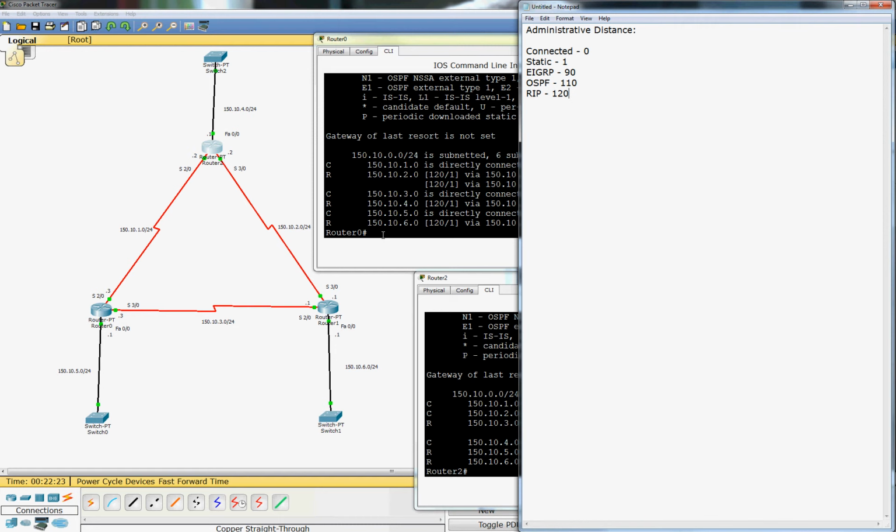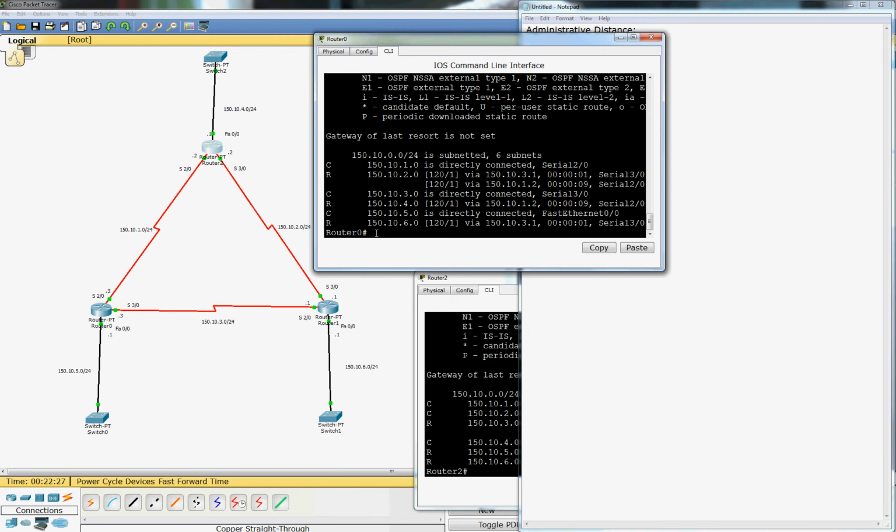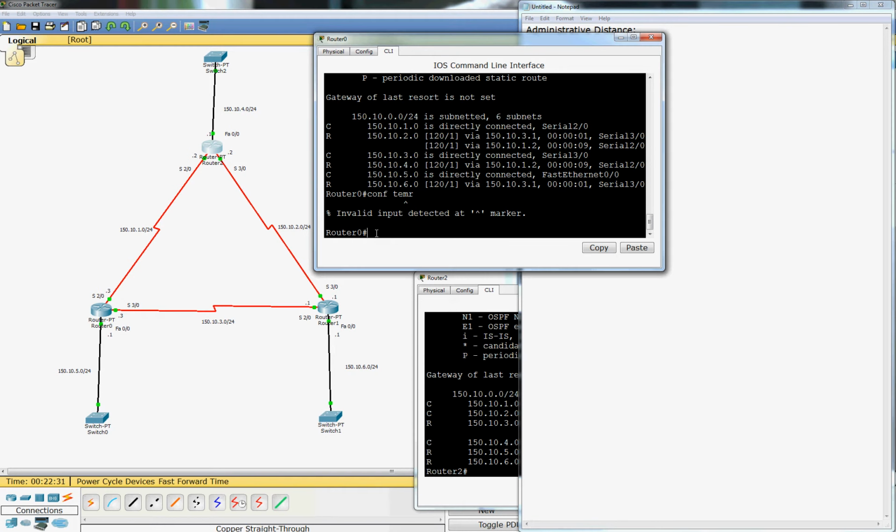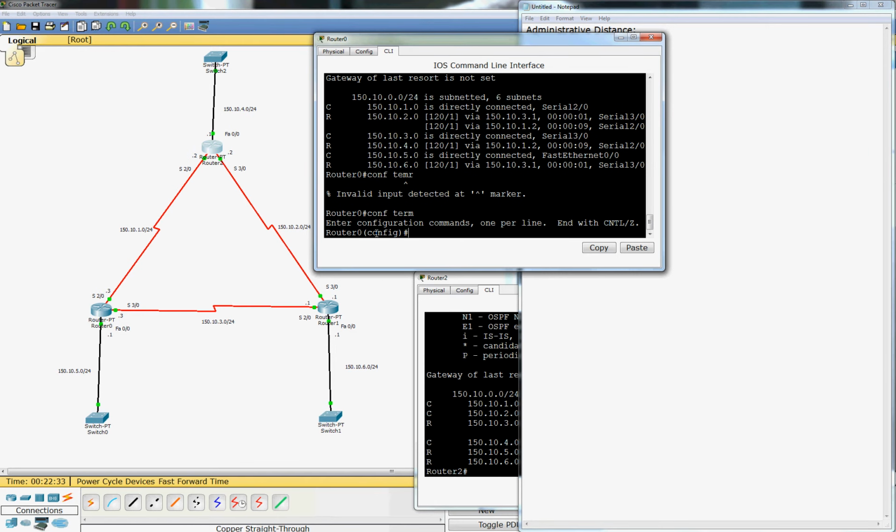Now let's try and do that. Let's try and set up EIGRP instead of OSPF. When we configured RIP, we just issued the command router rip. So since we're going to do EIGRP, we're going to put router EIGRP. Now with EIGRP,